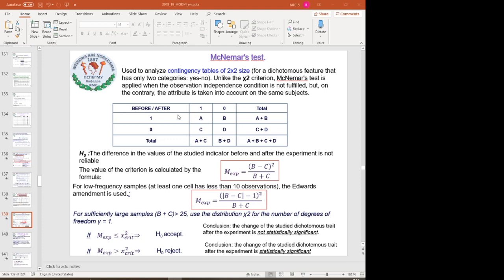We can say that a patient or an object had some property before some intervention, and then